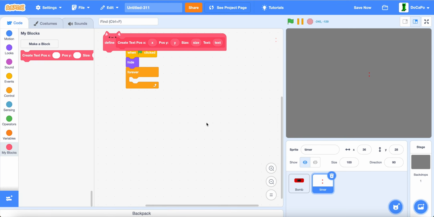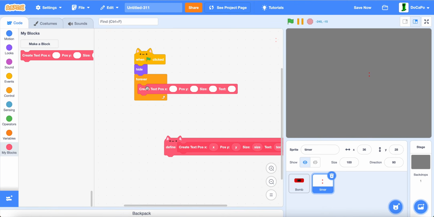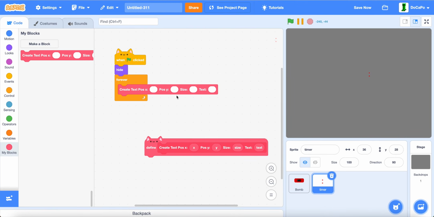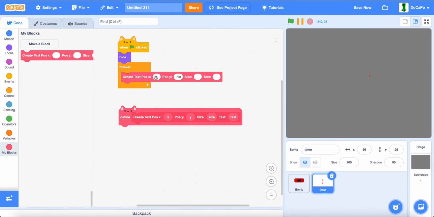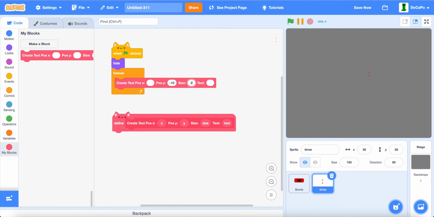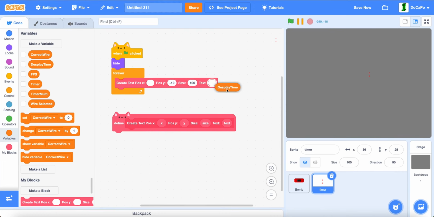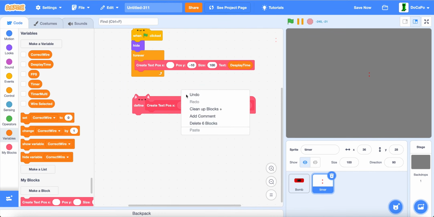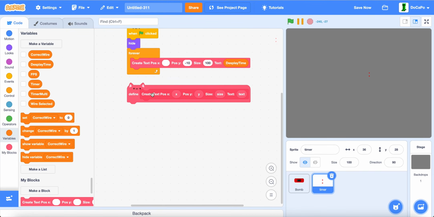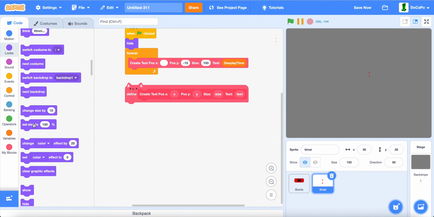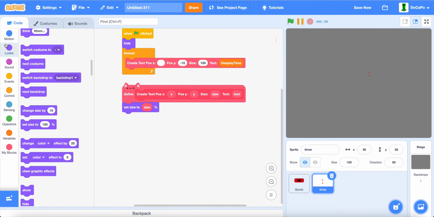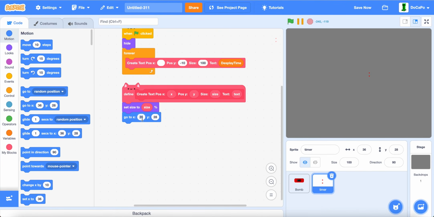Run without screen refresh. Now in here for Y, this will be -10, X will be filled out later, size will be 100, text will just be display time. Now in here, set size to size, then go to X and Y,